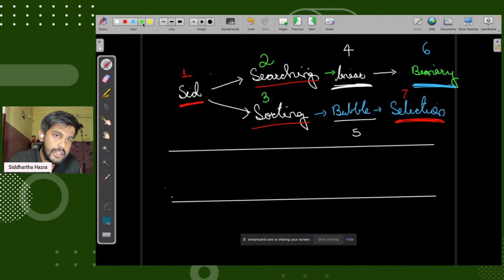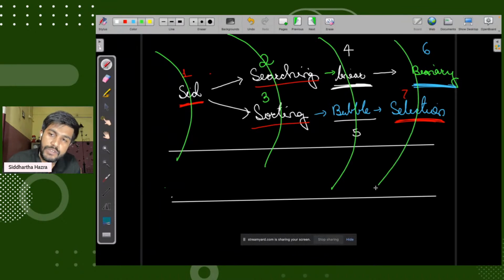So now if you observe, we first visited this, then we visited these two, then we visited these two, then we visited these two. So now am I clear how we are visiting? So the whole theory is